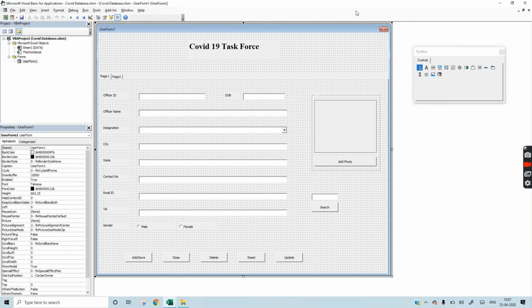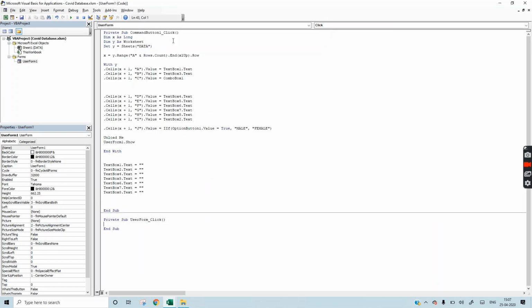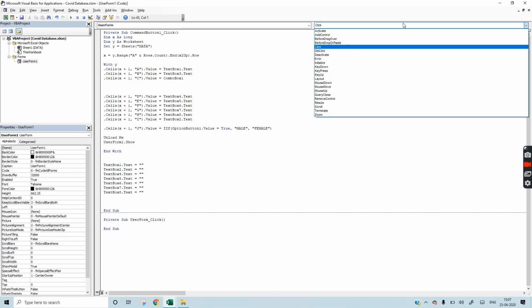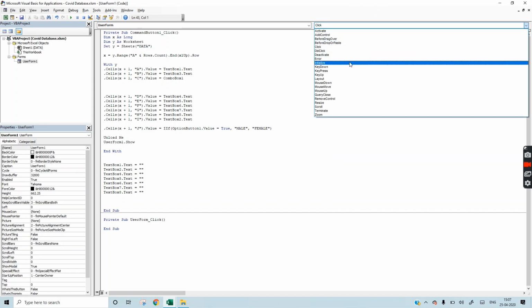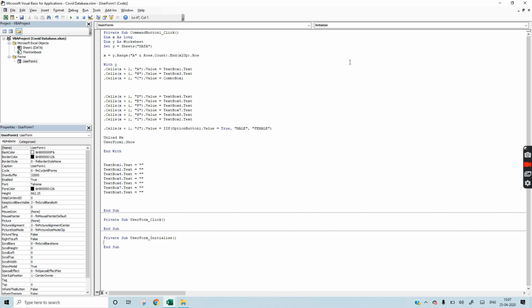So first do that. For that we have to click on this user form. Double click on this user form. Click to initialize. So whenever the user form will initialize, then this code will become active.